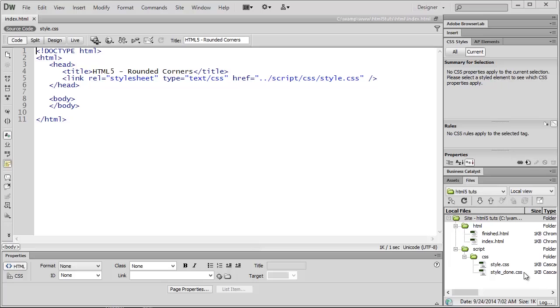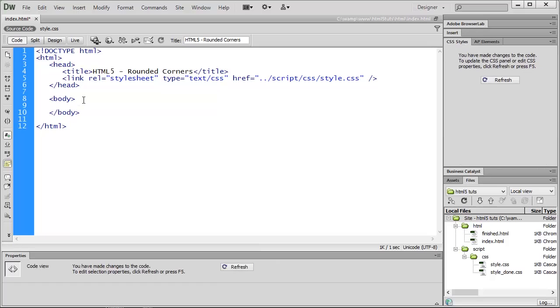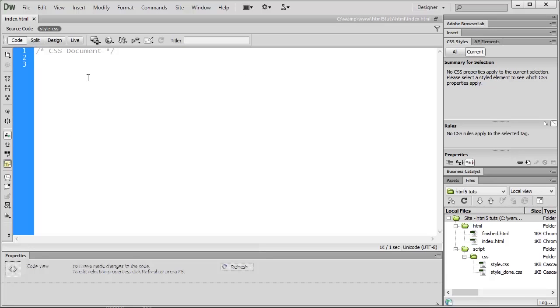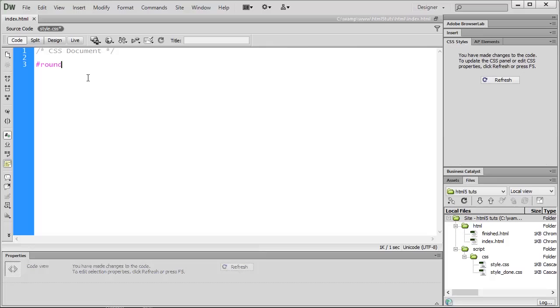Here I have an empty HTML file with an external style sheet. First, in the HTML file, we need to add a div. This is the div that will give rounded corners. So I'll give it an ID of rounded_corners. In the style sheet, we're going to take the rounded corners div